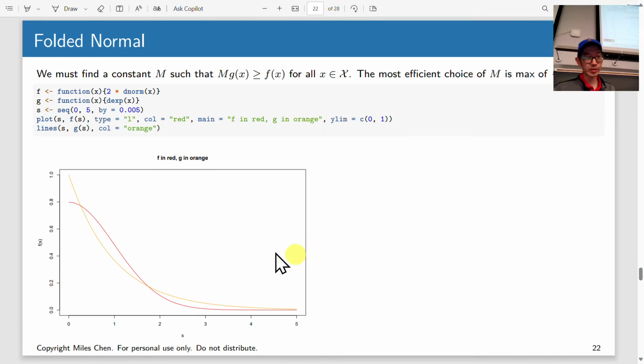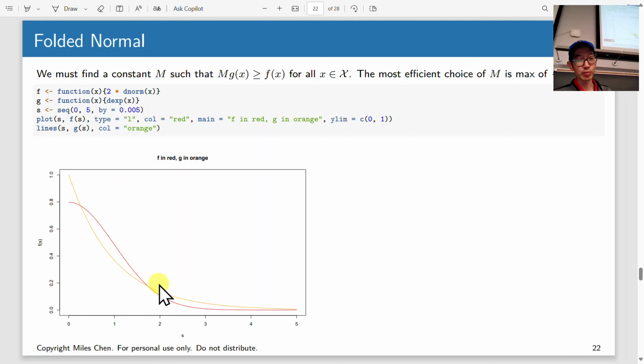So this is, in red, we have the PDF of the folded normal. Okay, and so this is 2 times the normal density in f, in red, and then in g is the density of the exponential distribution, so I just have d exponential right there, and we can see that, and this is okay because